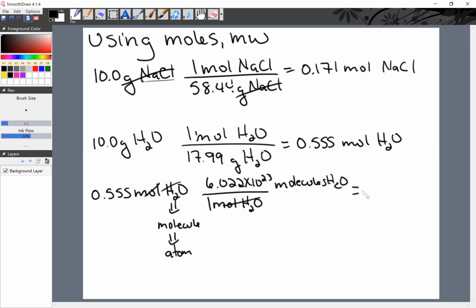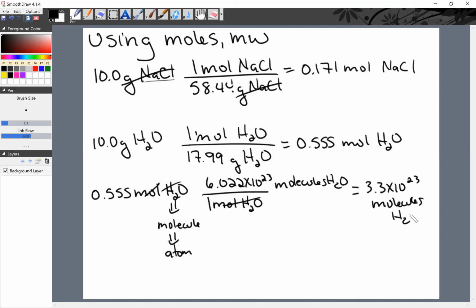Now, whoa, that is a big number. Well, yes, because 1 mole of water has a whole bunch of molecules. Now, this won't be quite one, but there's going to be a whole bunch of molecules of water. So 6.022 to the 23rd is 3.3 times 10 to the 23rd molecules